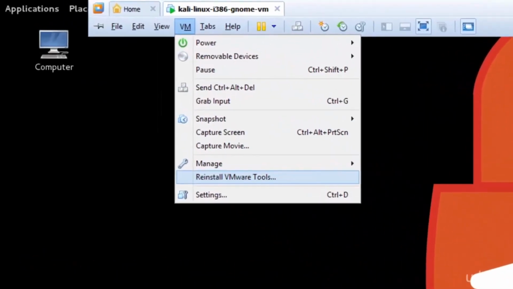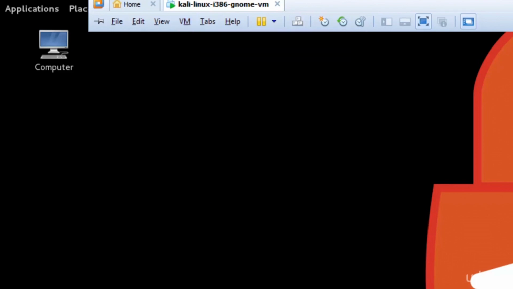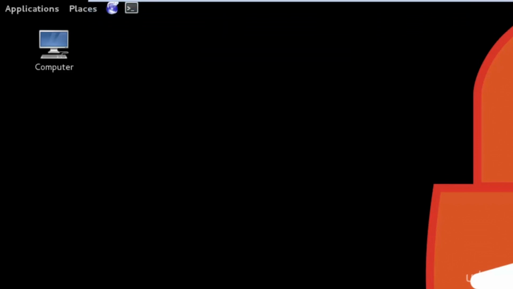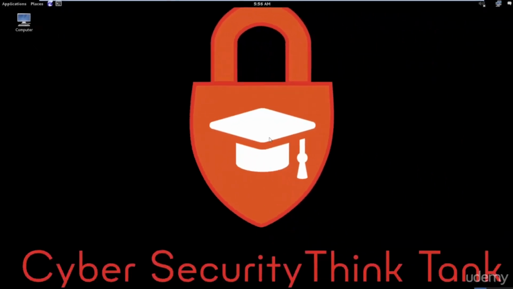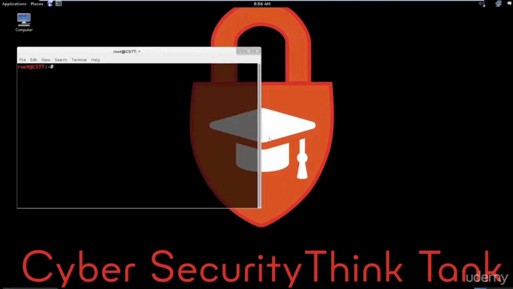Reinstall VMware Tools. In your case, it's going to say install VMware Tools. That's basically helping you to be able to get full screen, also be able to transfer files to your virtual machine, or to copy and paste text into the clipboard easily. So that's pretty useful, because let's say that you have here, by the way, I just entered the terminal, and